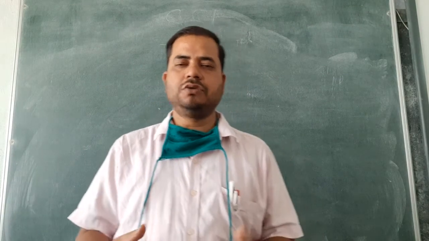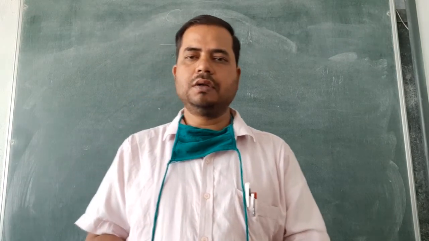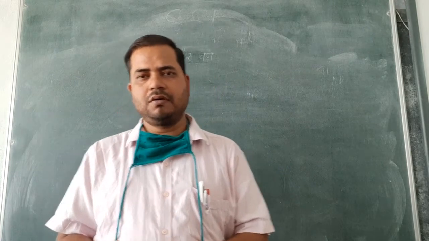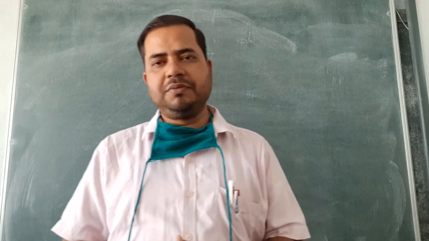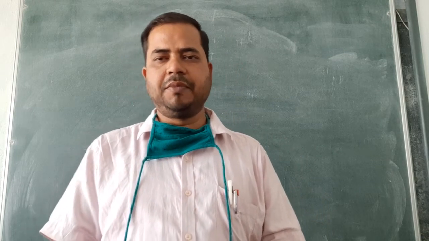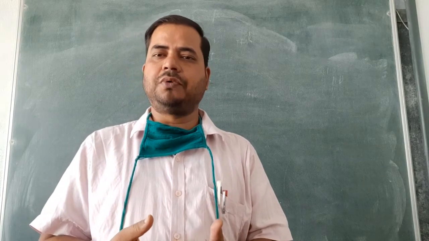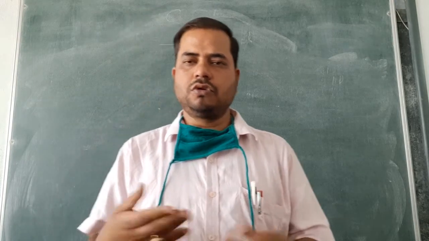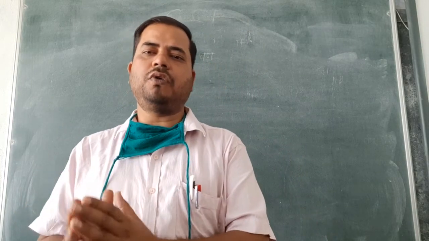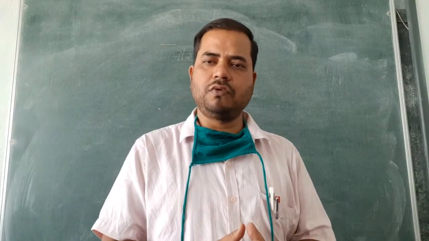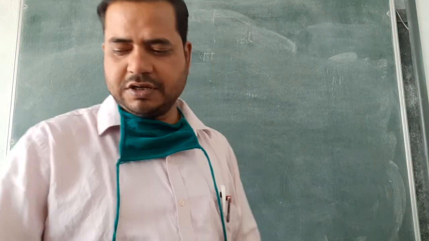For class 10th, as you know, we have already discussed in the class the real numbers: what is a rational number, what is an irrational number, and also Euclid's division algorithm and Euclid's division lemma. We have already completed exercises 1.1 and 1.2. So now we are going to start the proof of root 2, root 3, root 4, root 5 as irrational. So let us begin.